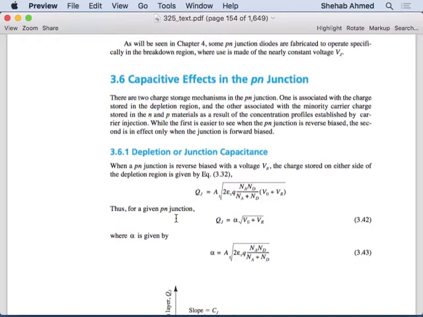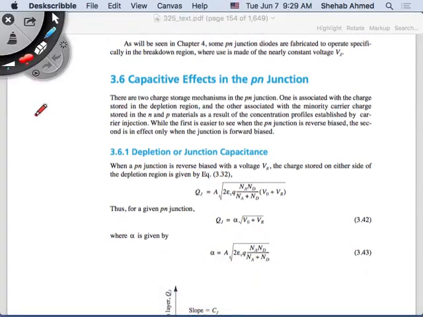This charge moving takes time, right? So anything that takes time can be represented or modeled as a capacitive effect. So with capacitances, you cannot change voltage abruptly across the capacitance, right? So what happens is, is the voltage across the depletion layer changed abruptly, or did we see this voltage